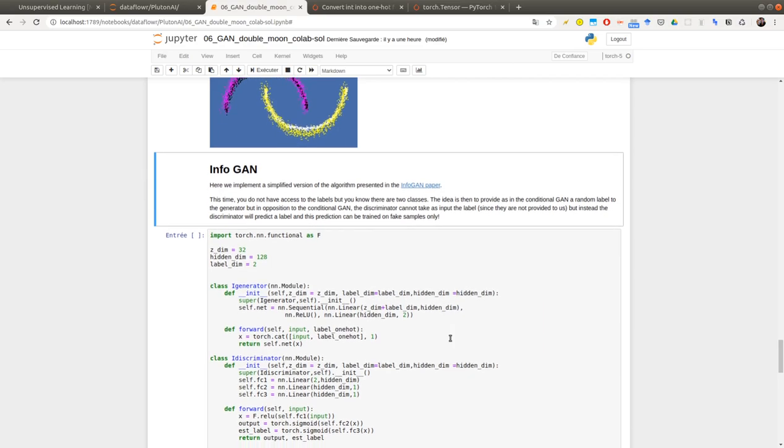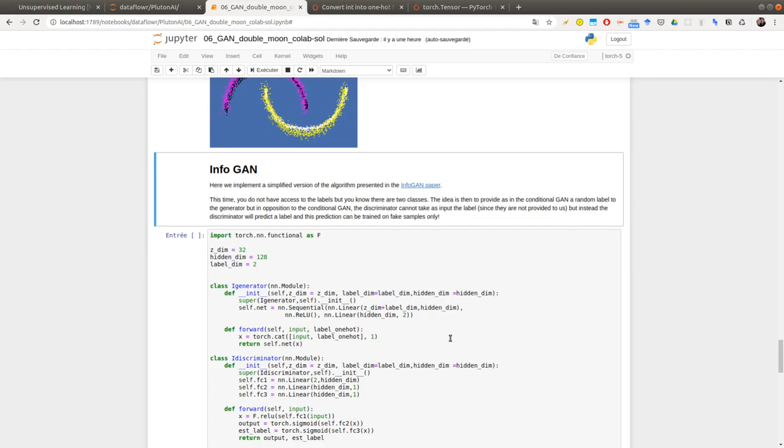So now we'll deal with the InfoGAN setting. So we are back in unsupervised setting, but we are giving additional information to the network, telling the network that there are two clusters, so two different set of points. So there are two labels, but we don't give the labels to the network.